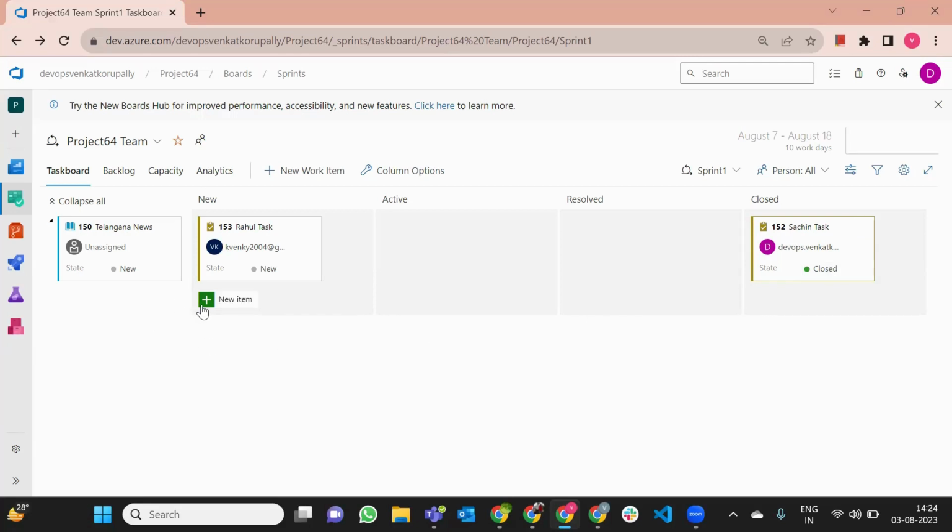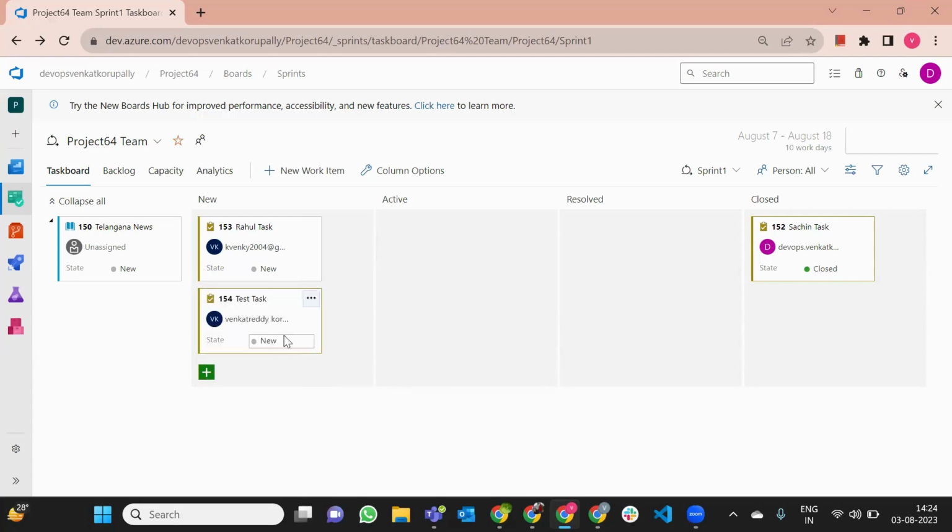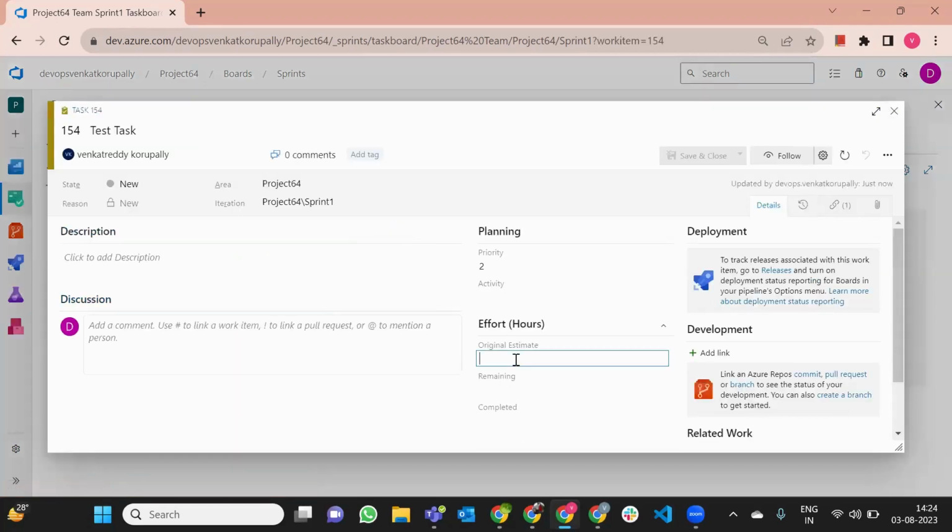Once the code is ready, what will you do, guys? The tester will test the code. So you will create another task, and this is for whom? A test task, and you will assign it to another tester, correct? And you will give some hours for him, say 10 hours, guys. If you look here,